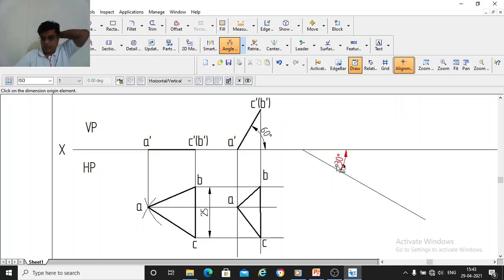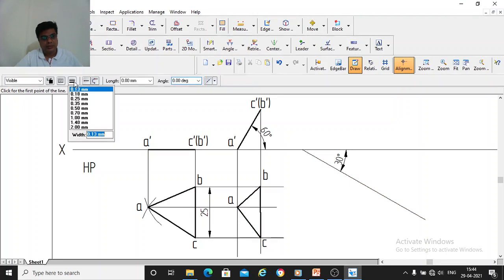Okay, so use your protractor, draw one thin line, take any length line, start from here, leave some small gap here, and draw a thin line at 30 degrees. Now what is the idea here? This triangle ABC, this top view should be drawn here, so that this BC is the same length as this, it has not reduced because it is parallel to HP and perpendicular to VP. So whatever this BC is there, you draw here. So this BC is 25 mm, so you should draw here on this line BC.